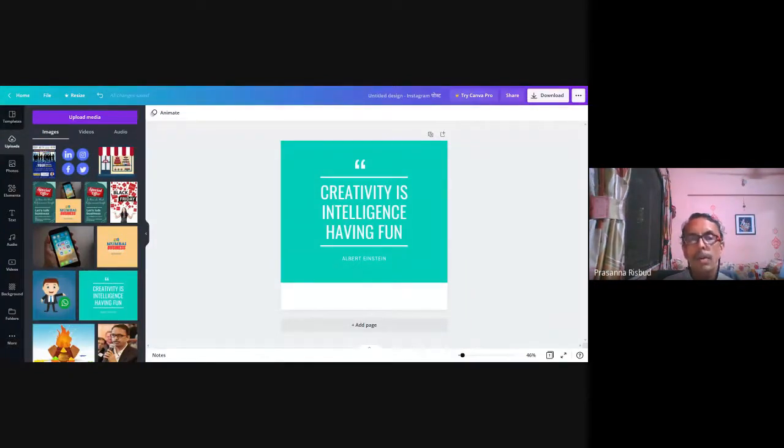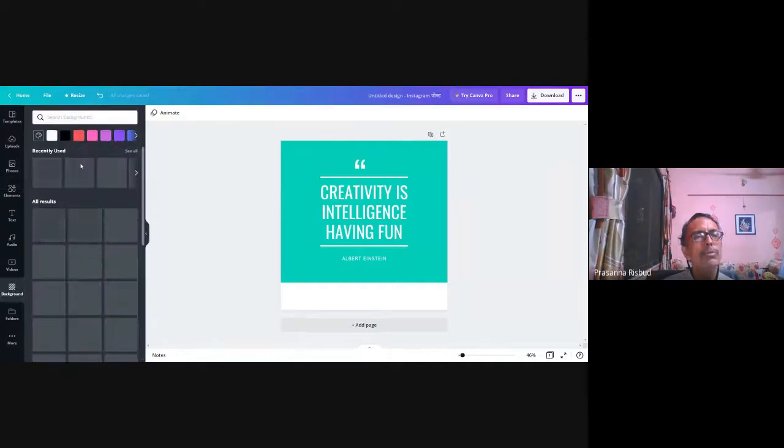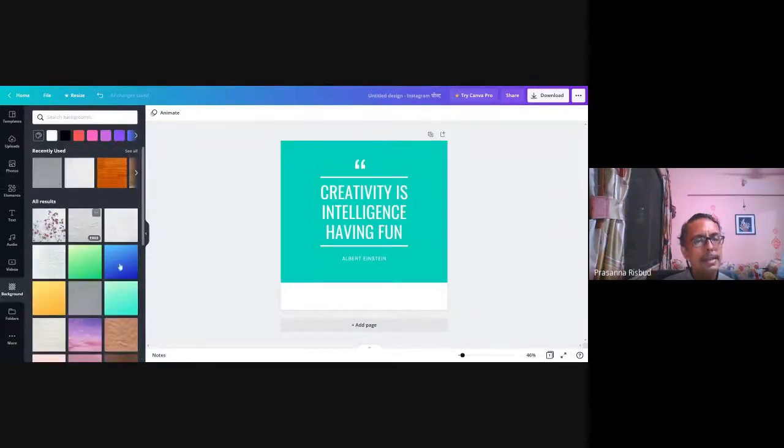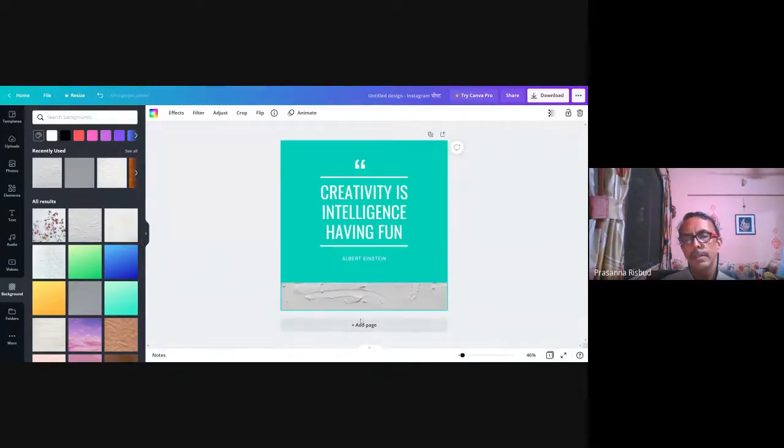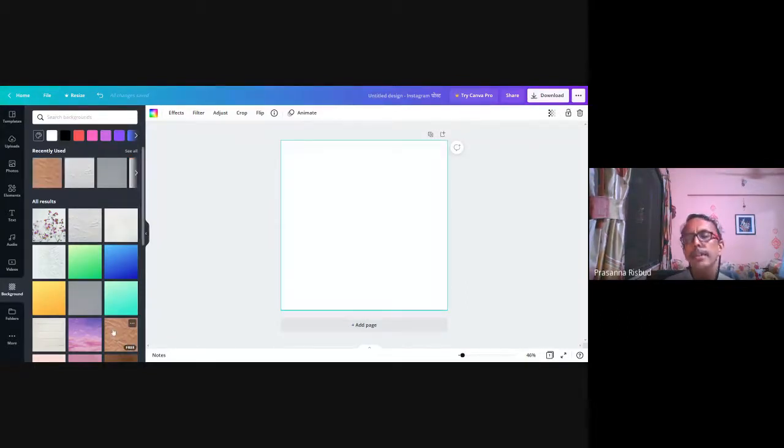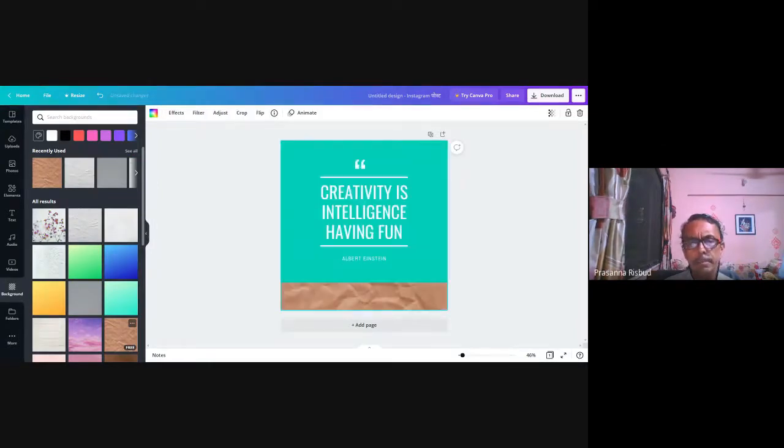So social media all have different sizes. Now I'll have to either fill up this space with some text, or I can add a simple background. Whichever background I like, again choose any of these free backgrounds, don't choose a paid one, and the rest of the design will be filled up with the background. I can keep on changing the background till I like it. You can repeatedly change it. Don't worry about that. You can keep on changing it till you find that yes, this background is okay.